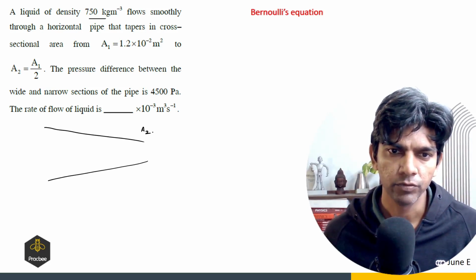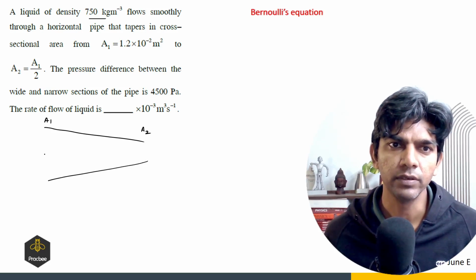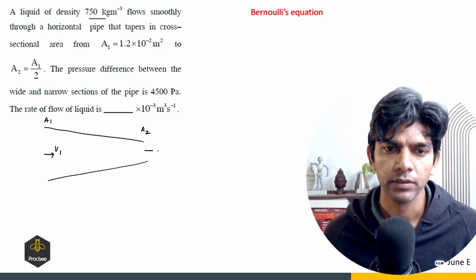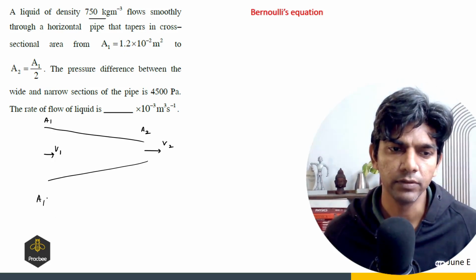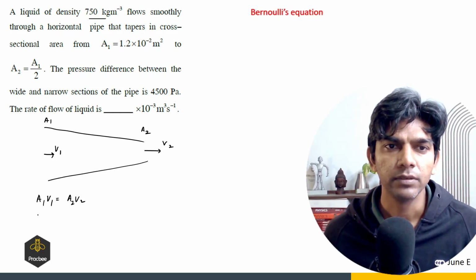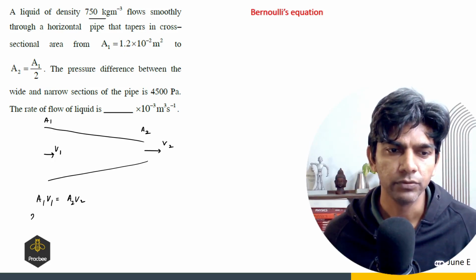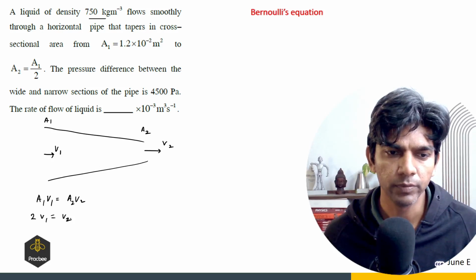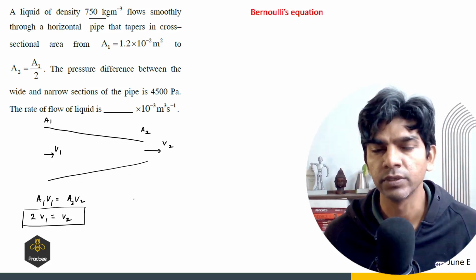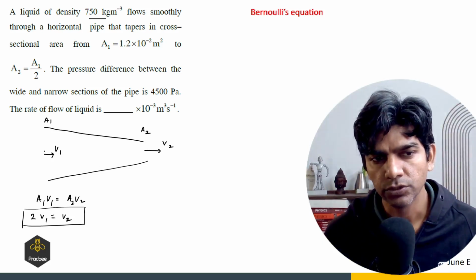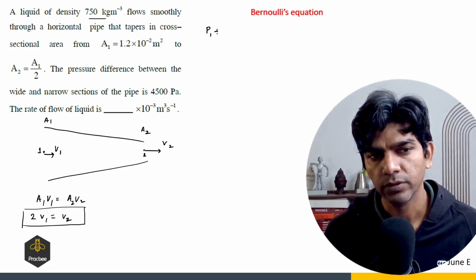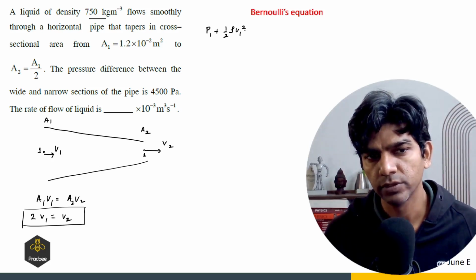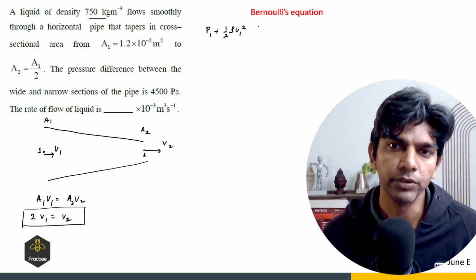So here we have area of cross section A2, here we have area of cross section A1, here velocity is V1, here velocity is V2. So here first we can apply equation of continuity. So we can say A1 V1 is equals to A2 V2, and A1 is 2 times A2, so 2 V1. So V2 will be 2 times V1. Now we can apply Bernoulli's equation between 1 and 2. So P1 plus half rho V1 square, since it's a horizontal pipe, the h term will not come into picture,